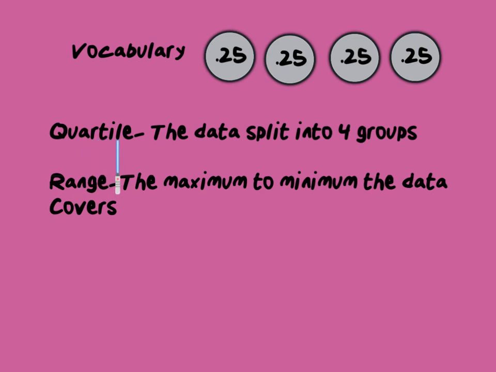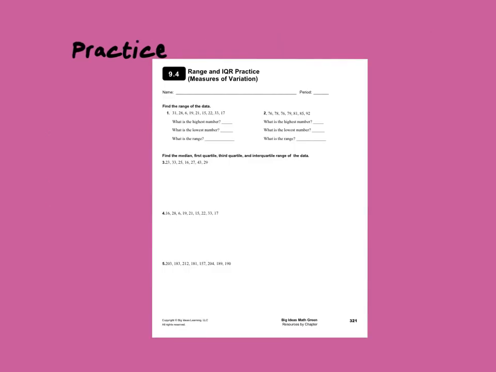Again, if you're finding an IQR, interquartile range, you're going to split your data into 4 groups, equal groups. So you find the median, then you find the median of the lower, and then find the median of the upper. That gives you your Q3. Q3 minus Q1 gives you your interquartile range. Now we're going to play with that just a little bit on these next slides that we're going through. All right, so